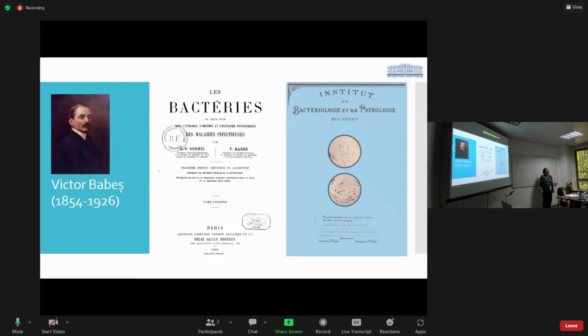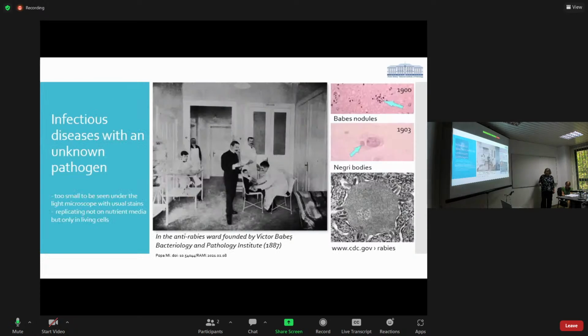At the beginning of the 20th century, Victor Babeș came to Romania and developed an institute of bacteriology and pathology. He was one of the most important pathologists and bacteriologists at that time, and wrote the first textbook of bacteriology along with his friend Cornel. He was interested in almost all infectious diseases, with specific interest in